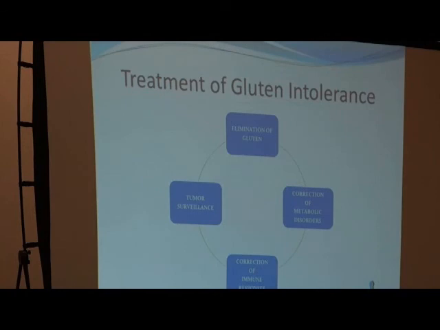So how do we approach treatment of gluten intolerance? Basically there are 4 cornerstones. Obviously the first one is elimination of gluten. The second one, which is a must, is that we need to correct all the metabolic problems. And these metabolic problems include malabsorption, osteoporosis, and so on and so on. We need to correct immune responses, because obviously